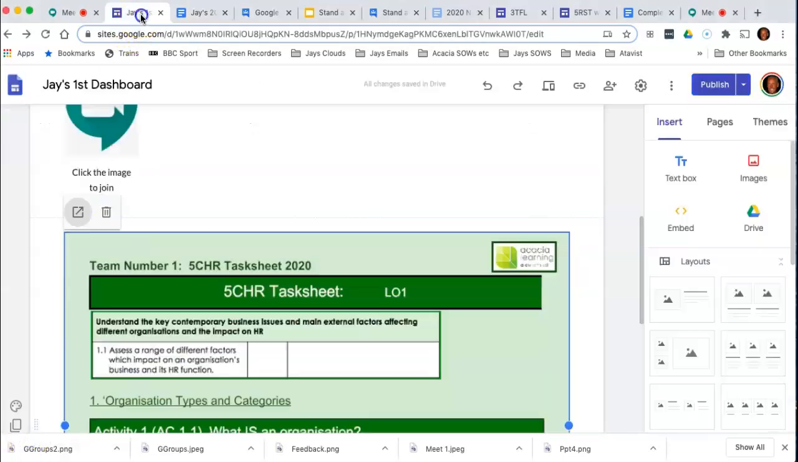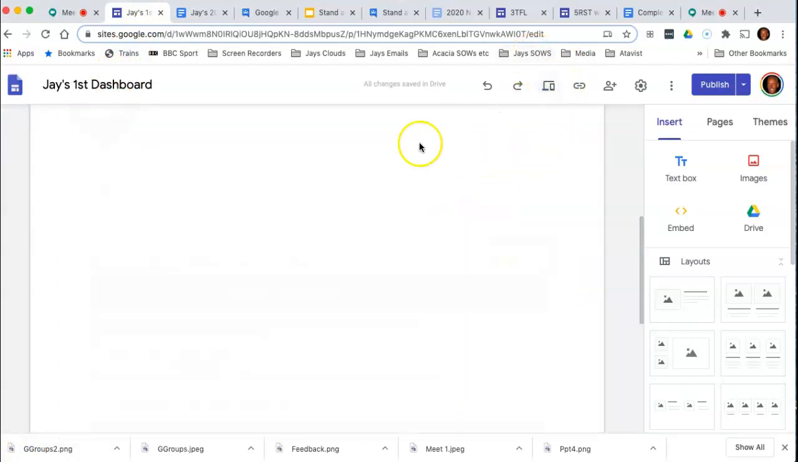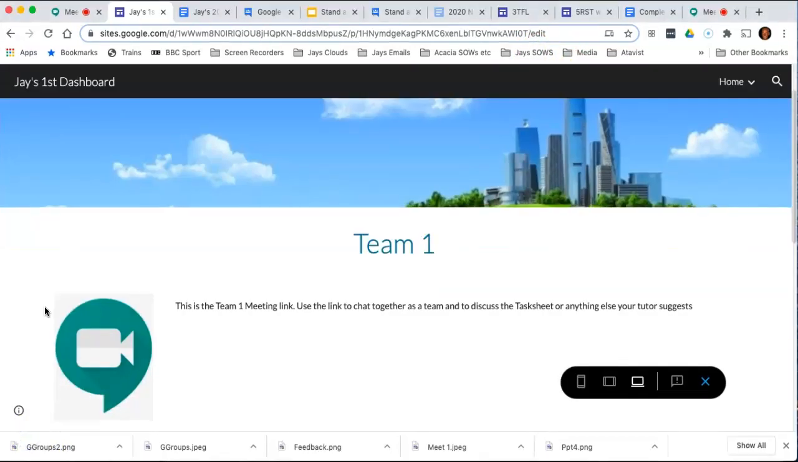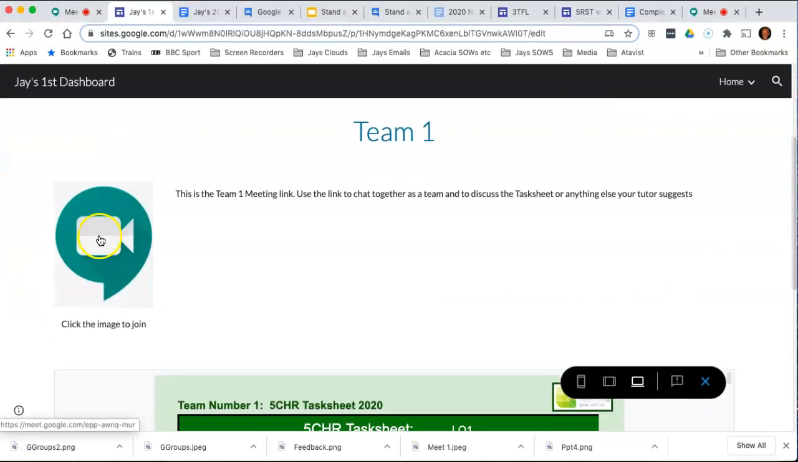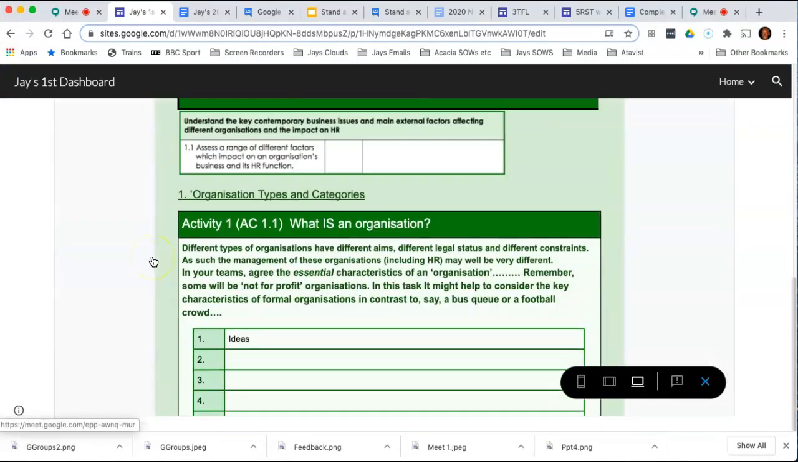Well, let's go back now to our dashboard, and I'm going to go up here to preview, and here we could see our page as it will appear. And if I just scroll, you can see we've got the link to the Google Meet, and then underneath that task sheet there's the text input that we made just a moment ago. I'll come out of preview,